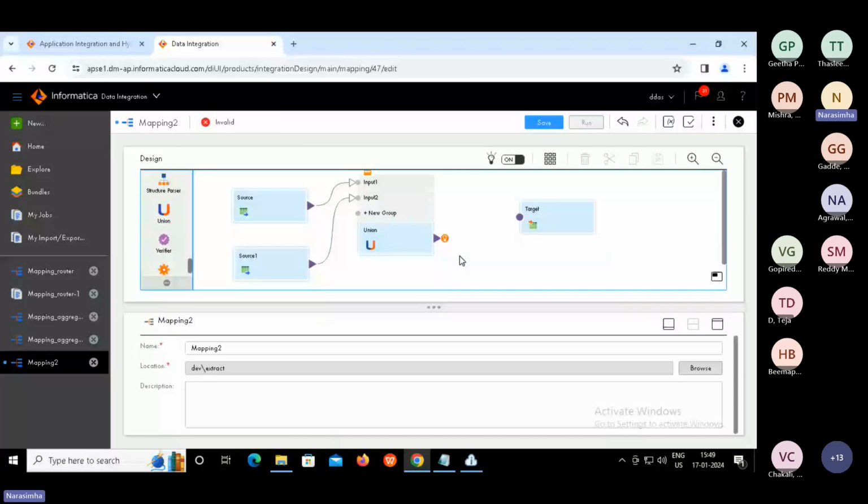So now we can map the output of union to the target, right? Output of union to target. So please map that, guys.